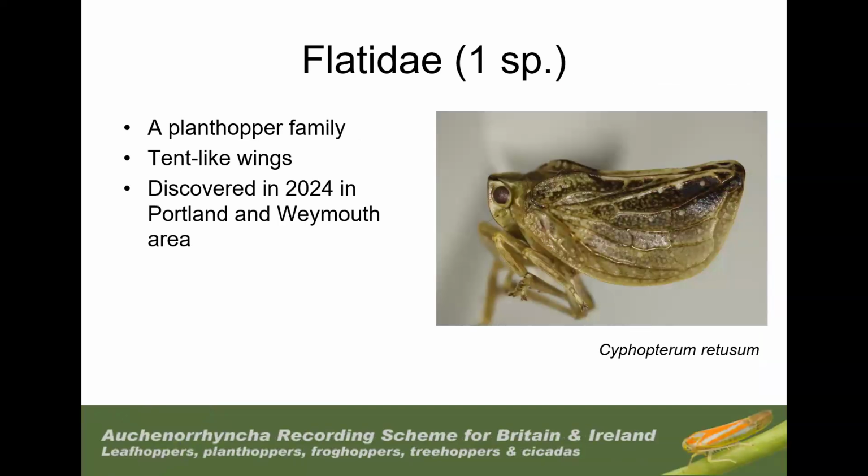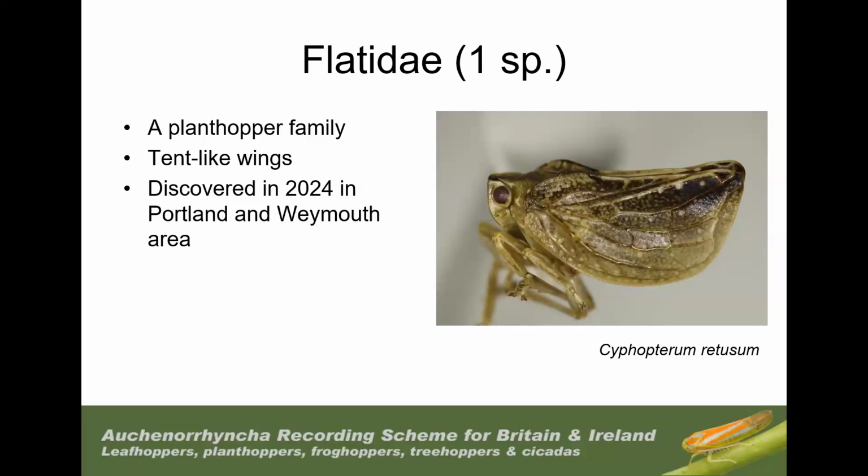And then very excitingly, the last family has literally been only added to the British list in the last 2 or 3 years. This is another primarily tropical family, so it's not surprising that we have very few species and only have one species so far. It's in the family Flatidae. And these are plant hoppers that have got these rather tent-like wings that are held vertically over the abdomen. There's a really interesting story behind this, actually, which is that this particular species, Cryptoflata unipunctata, was first found back in 2024, only a couple of years ago,